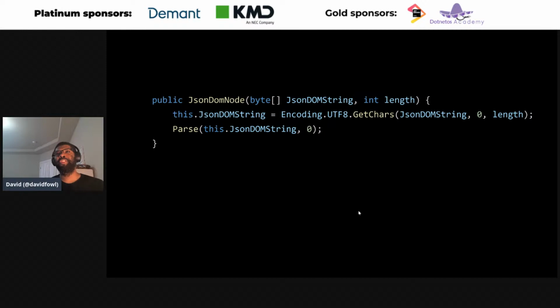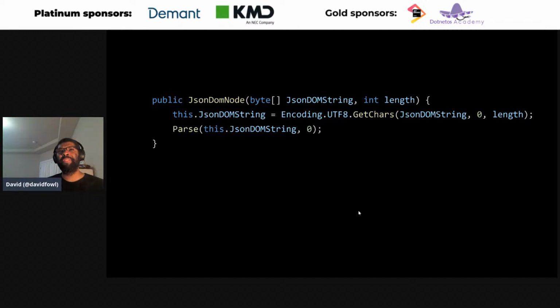So instead, you can call GetChars, get the char array from there, and then parse that. Now, this isn't the most efficient you could do. There's an overload of GetChars that takes in the actual char array you want to use to fill in. This still allocates a char array that could be huge, right? You could end up on the large object heap still. Instead, if you know how big, or if you have a pool of buffers, you can rent from that pool and call GetChars passing in the buffer itself, and then use that to parse the actual JSON payload.